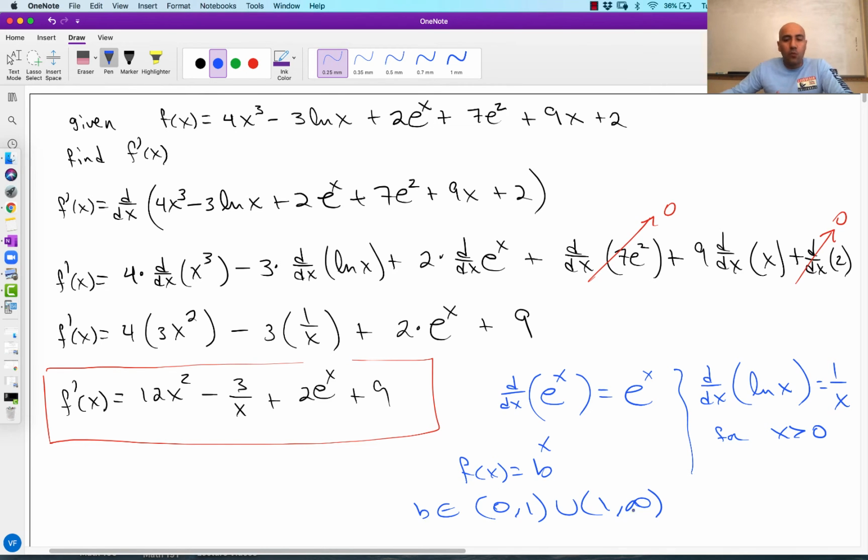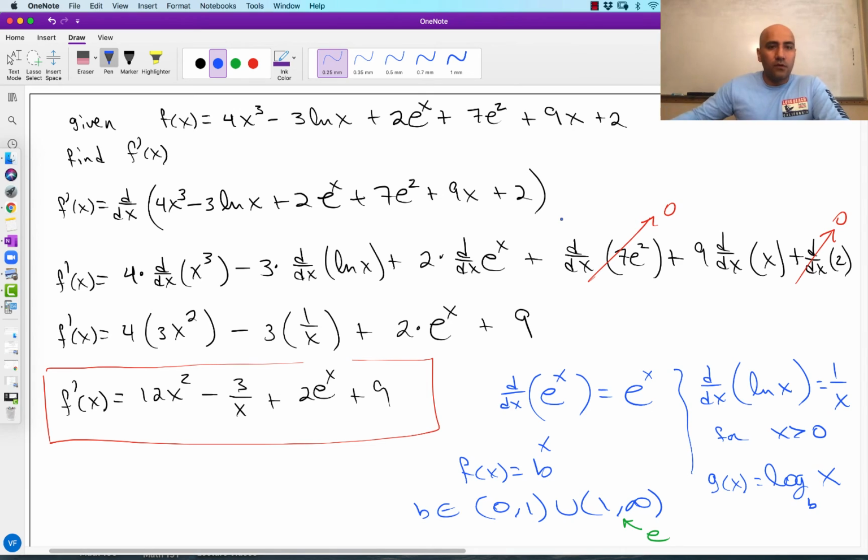It's 2.718-ish. So somewhere around here is e. Somewhere in there is one example of this value b. And same thing with this function. This is just one example of a larger family of functions. If we have some function g of x equal to log base b of x, once again the same restrictions on b occur. And we know that if we have b equal to e, then we have the natural log